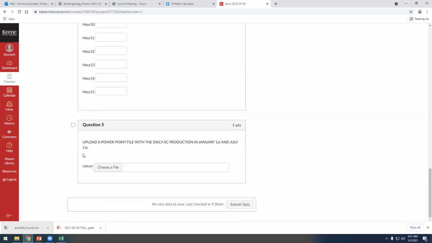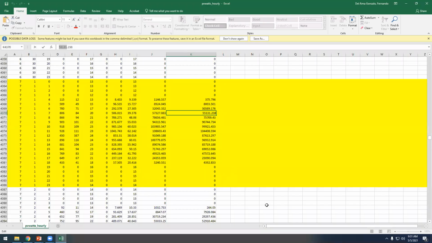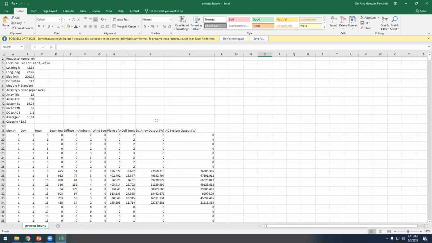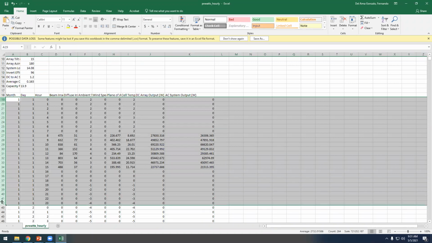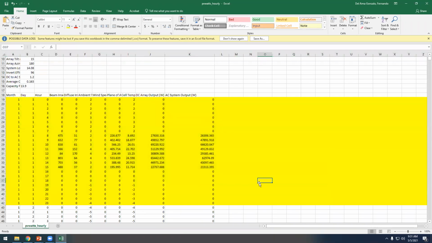And finally, you have to upload a PowerPoint with the daily AC production on January the 1st and on July the 1st. How can we do that? So we have to create a graphic with this. First, on January the 1st, we can highlight this. We have to select all these numbers. So we can insert